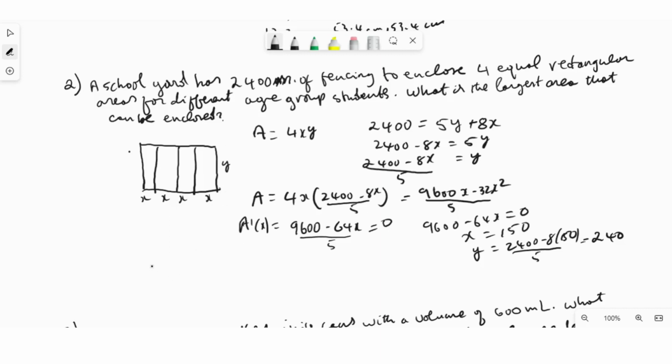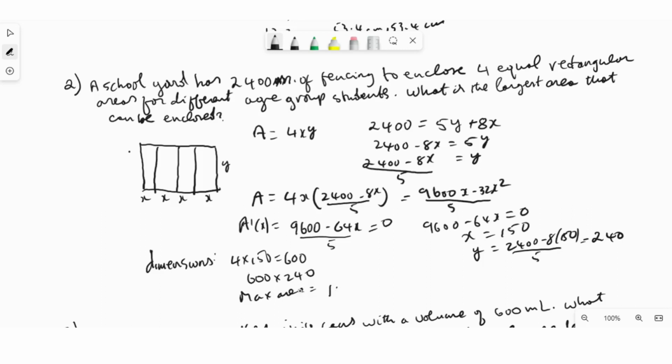Therefore, the dimensions will be 4 times 150, which is 600, and y will be 240. Therefore, 600 by 240. So the maximum area, I multiply these two, 600 times 240, which is